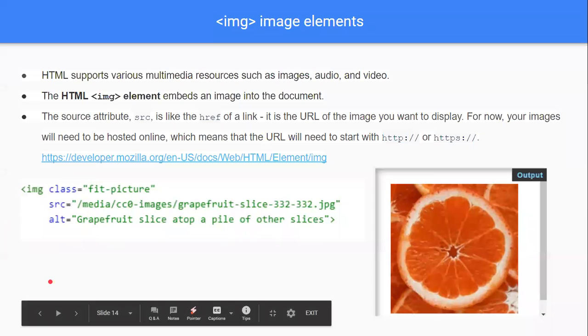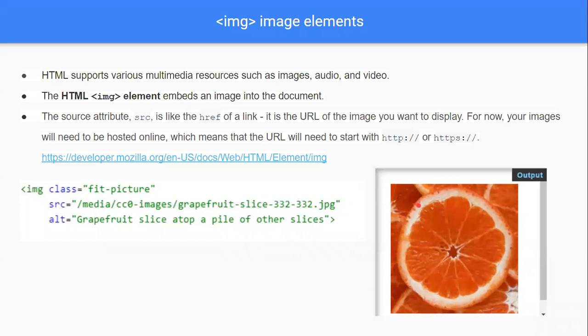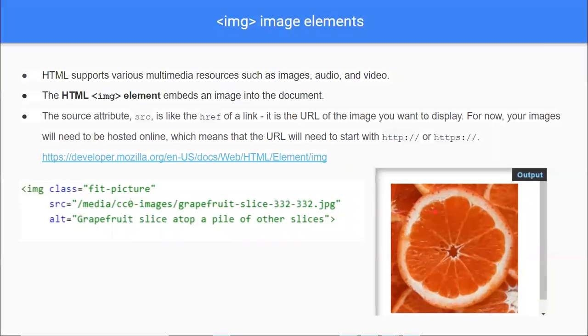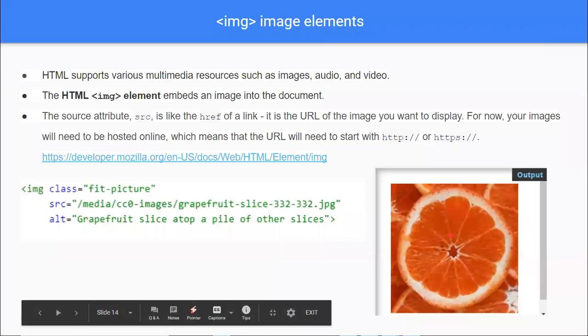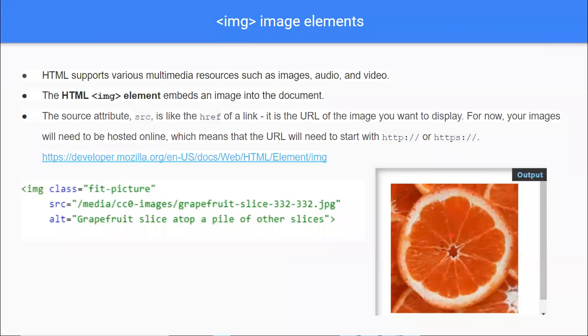The alt attribute here is another attribute that browsers will need. So when you have an alt tag, if you hover over the image, it will actually give you this text. So it's just something the browser understands. You may hover over that image and it'll actually give you that alt tag. So let's just